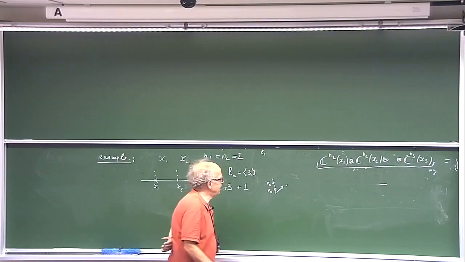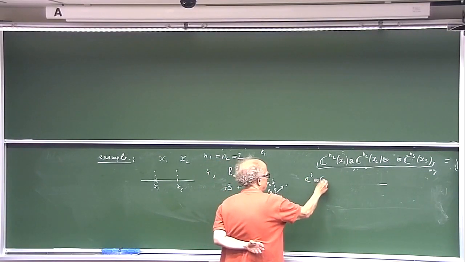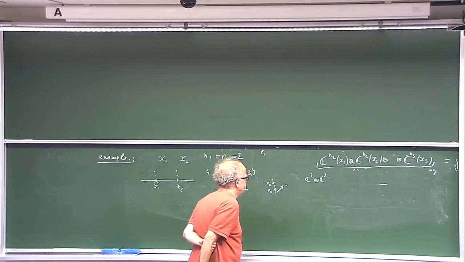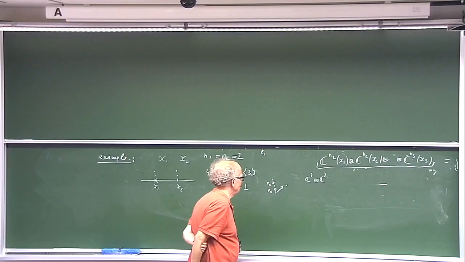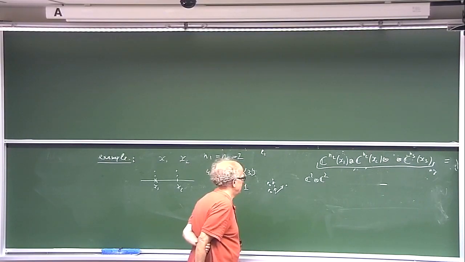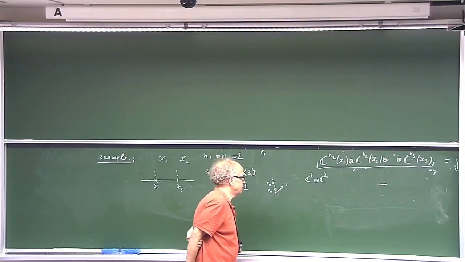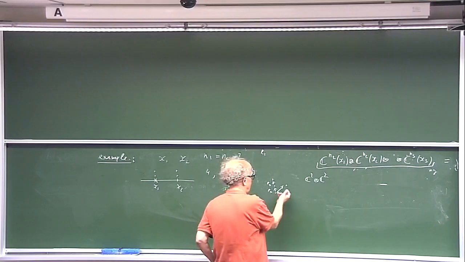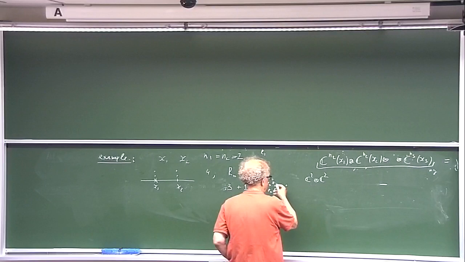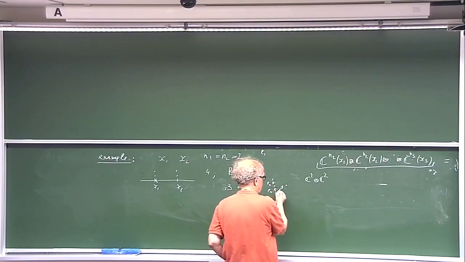As a result, you have C2 times C2 as a starting point, and as a result, you get something like this. What this construction gives us, we'll take a little more carefully later, but this is